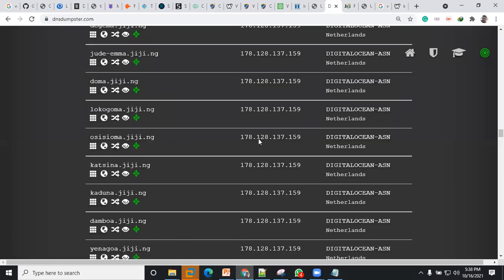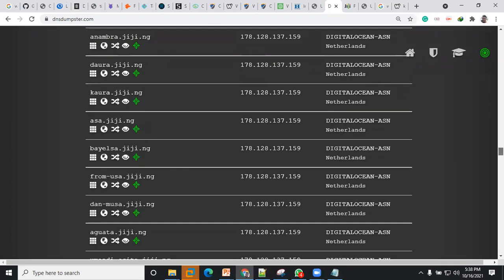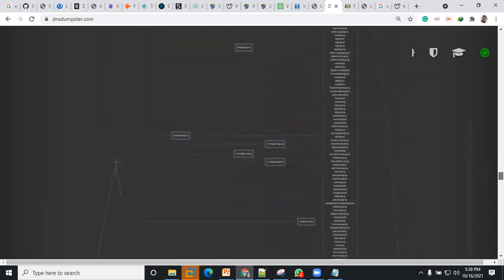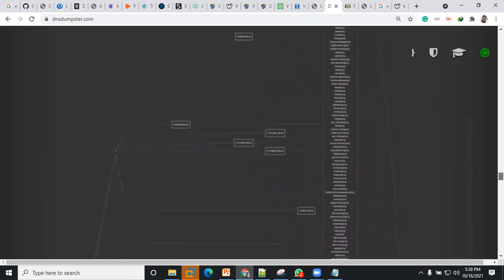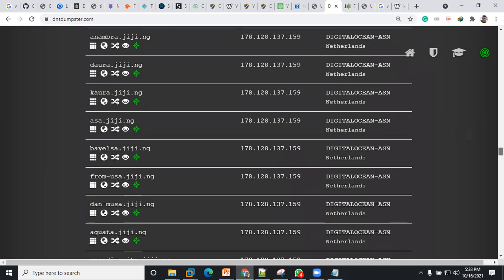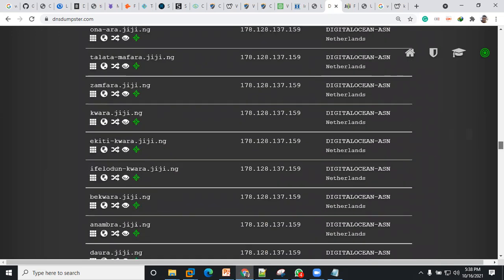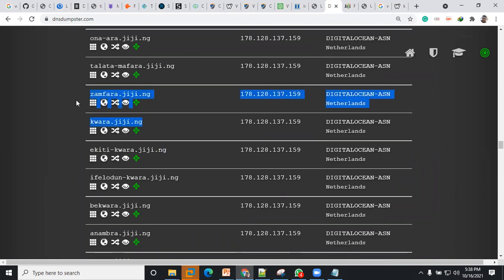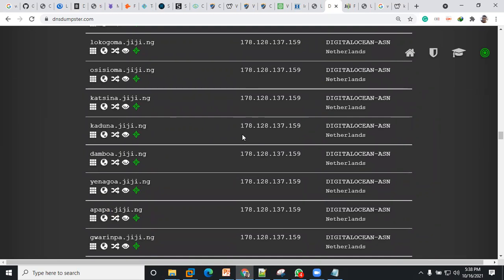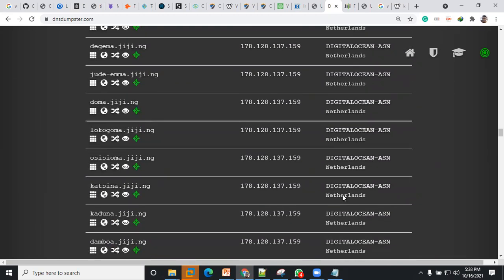So let's go down, let's see if there's any other information. You can see the different domains. Some of them just contain images. Some of them also contain different content, like ekitikwara.gg, different states, but they are all using the same IP address, which is DigitalOcean.